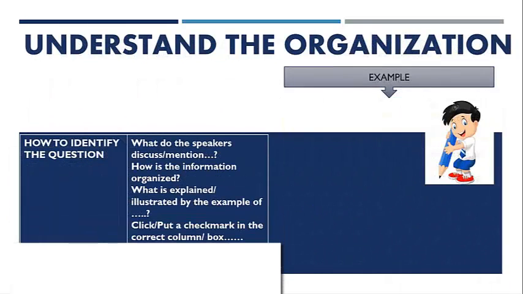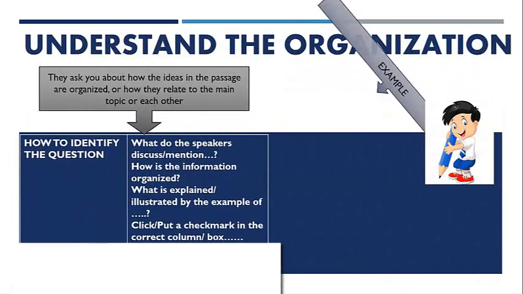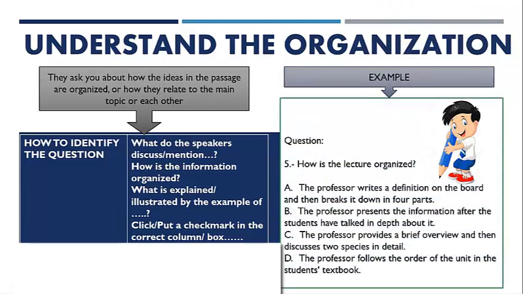Understand the organization. They ask about how the ideas in the passage are organized or how they relate to the main topic or each other. To identify this question, we have the following questions. What did the speaker discuss or mention? How is the information organized? What is explained or illustrated by the example of? Or put a check mark in the correct column or box. For example,